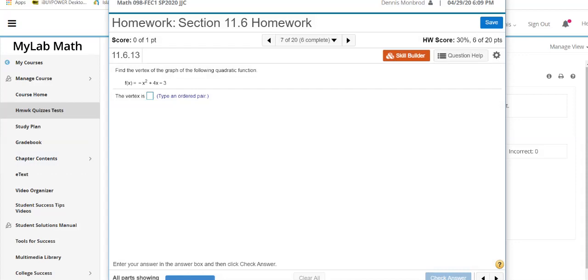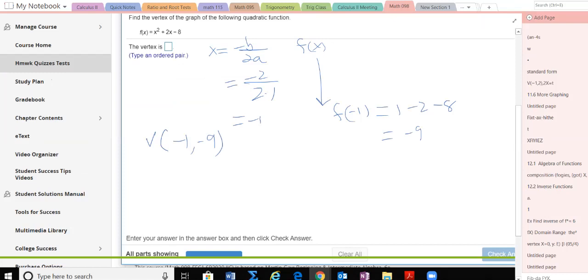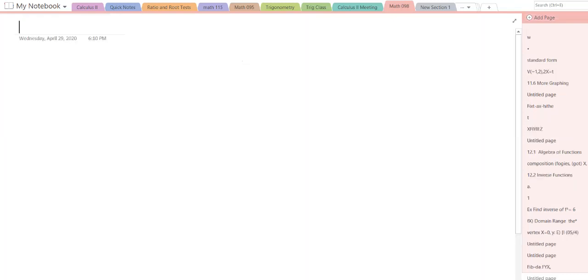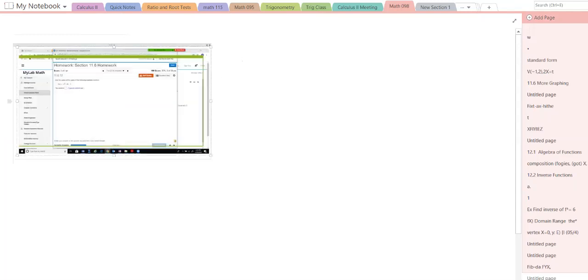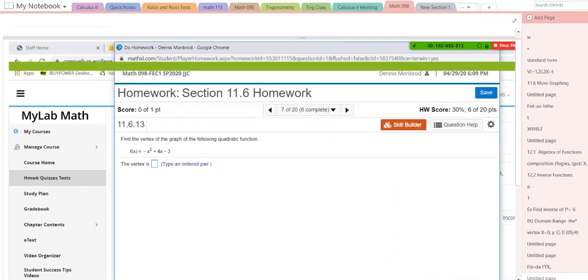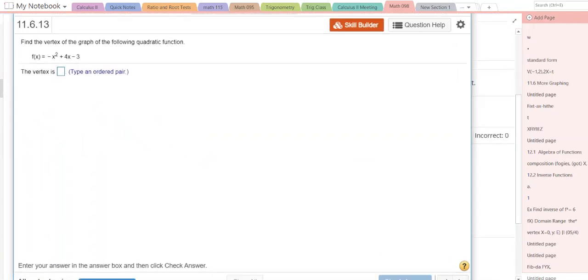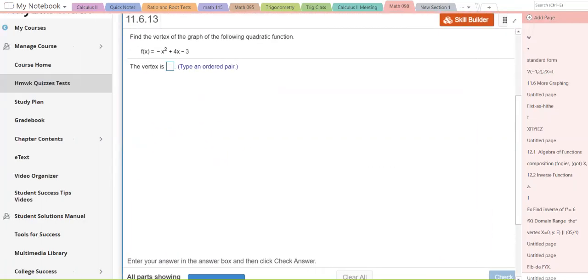All right, same deal here. I'll find the vertex, and let me just take a shot of that. Bring it back over here, and blow that up. All right, so there it is. And I'm going to find, let's see,